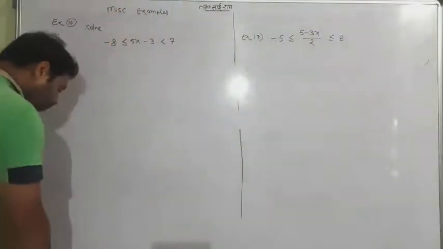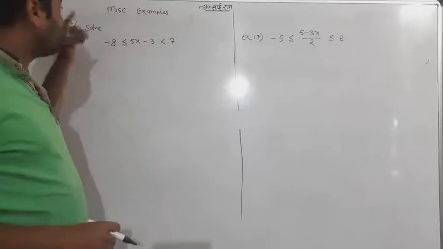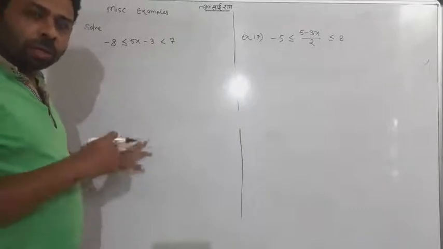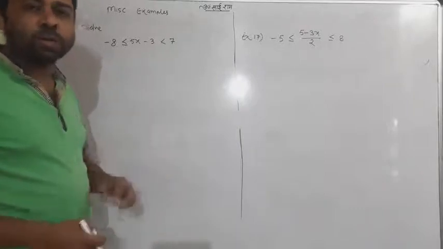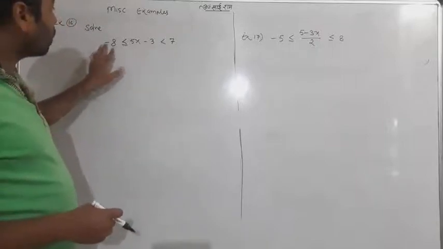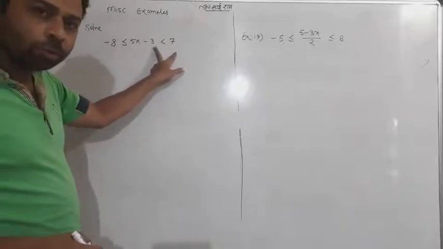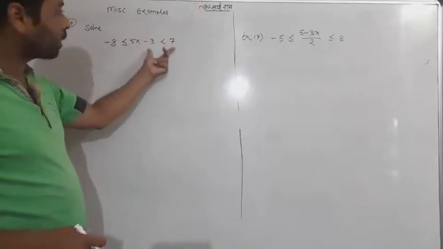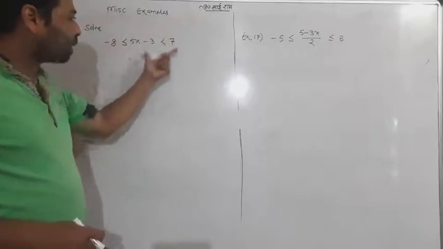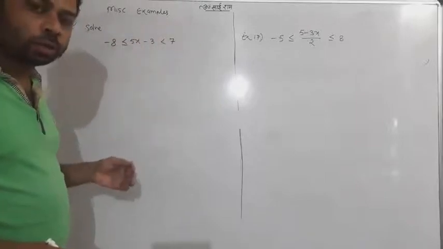Now, till now we have done lots of questions of this kind and we solved all the problems in inequality. We got a simple inequality in x and we can simply find the solution graphically or on a number line. This is the mixing of the two questions actually. This is a combination of two questions. This is the first question and this is the second question. So just let it be the same. Don't take them separately, but solve completely. So I tell you one by one how we can solve.